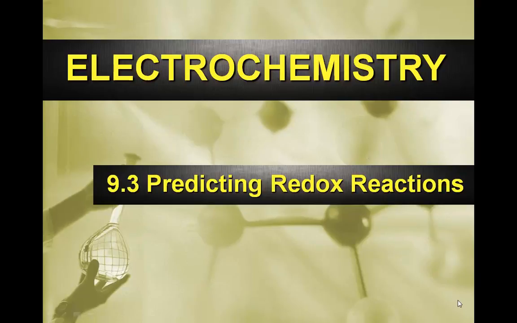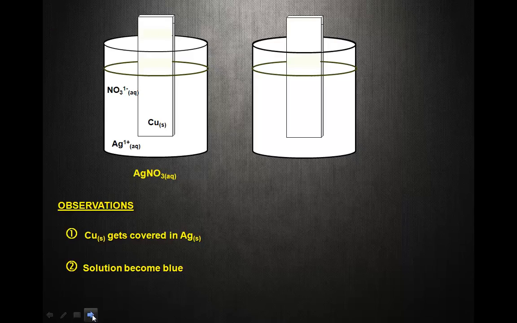Okay, so today's video is about predicting when a redox reaction is going to occur. And what we really mean by that is if I stick a solid piece of metal into an aqueous solution, will the ion in the aqueous solution be able to cause the metal to lose its electron, in other words, get oxidized? And so we've seen this in 9.1, where we put a coil of copper into a solution of